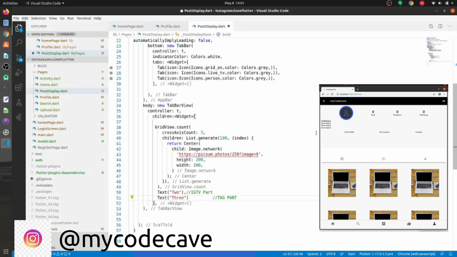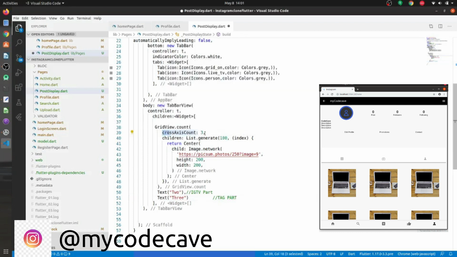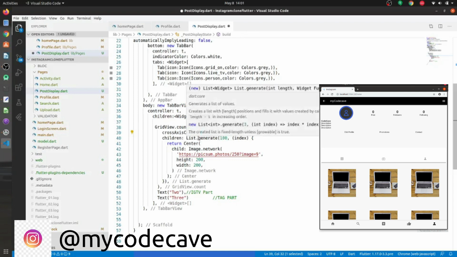In our grid view, as we have generally seen in Instagram, we have 3 portions, and in these 3 grids it shows our posts. I have added cross axis count as 3. If you add 4 it will be 4, if you add 2 it will be 2. After that I have just generated a list of 100 elements.